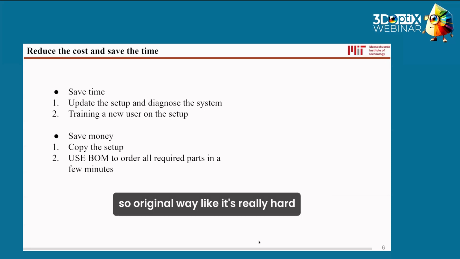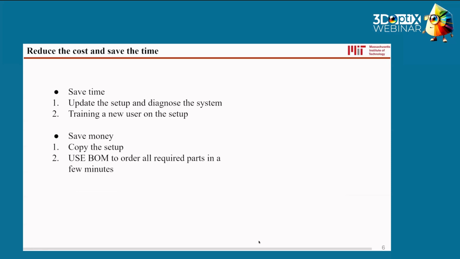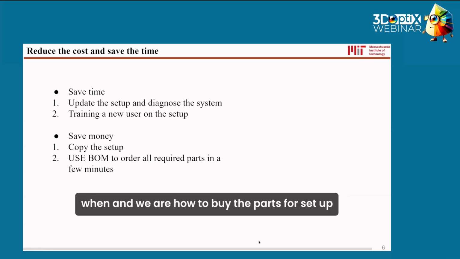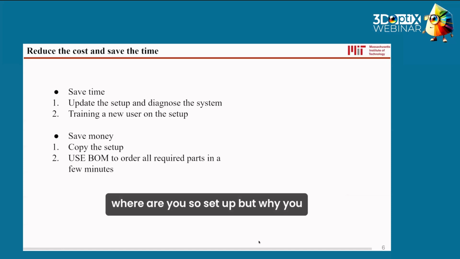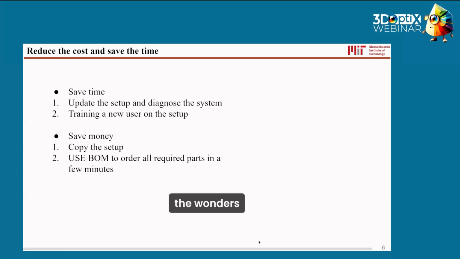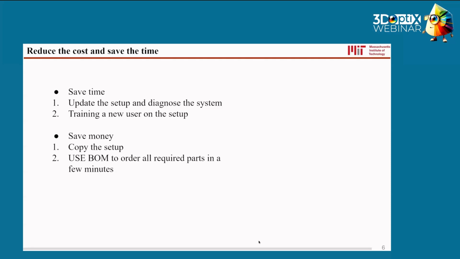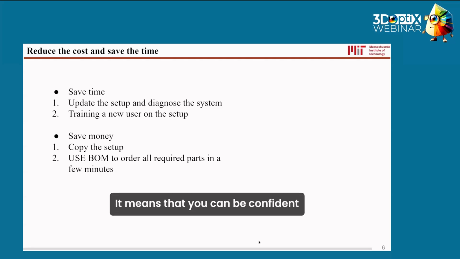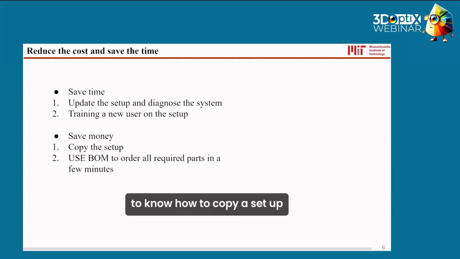The original way is really hard because a lot of people don't save all the documents on when and where and how to buy the parts for the setup, or where you place the setup. But when you have this tutoring, my opinion is that you only need a few minutes to order all the parts from the vendors, because all the information is stored in the bill of materials with a simple click. It means you can be very confident in knowing how to copy a setup,